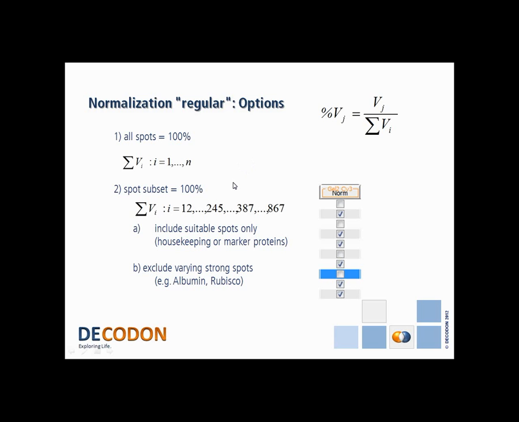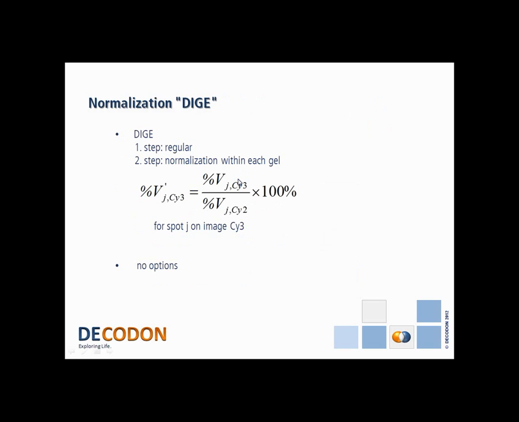So checking and controlling the normalization is important. Then there is another additional step for normalization in the Deutsch approach. For Deutsch, using the internal standard, at first this regular normalization, as I described, is done. You can also use the options that I have mentioned, but then a second step is added, and that means